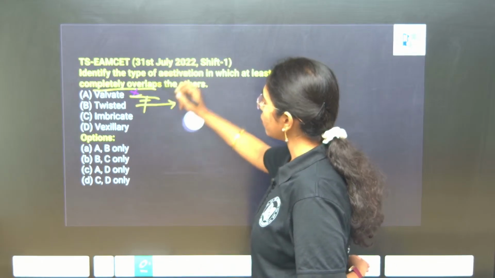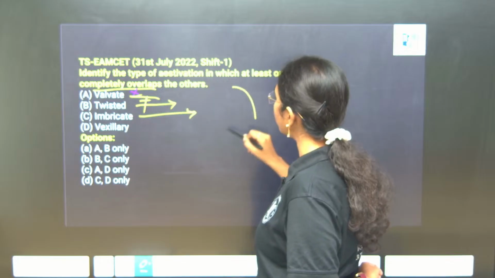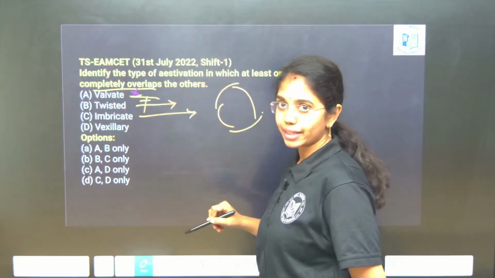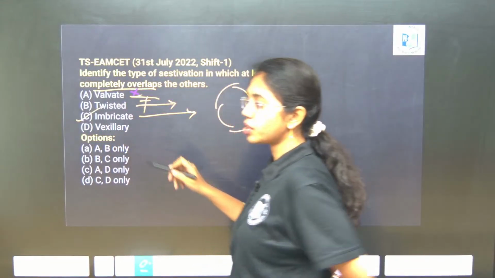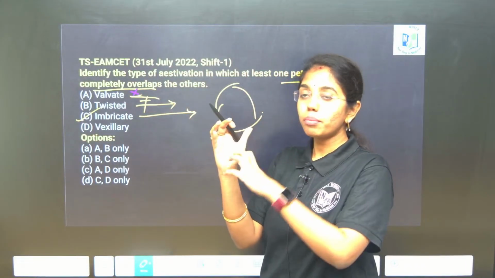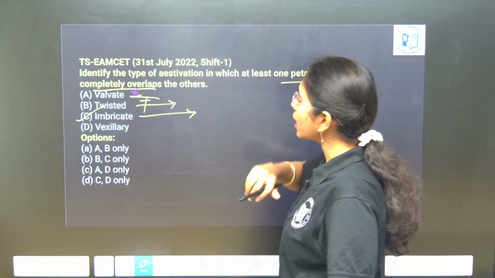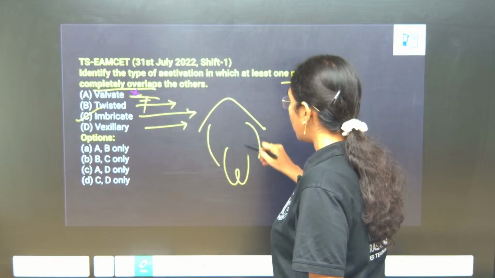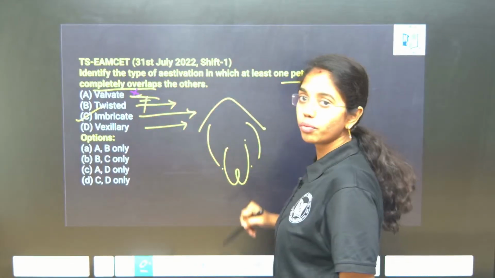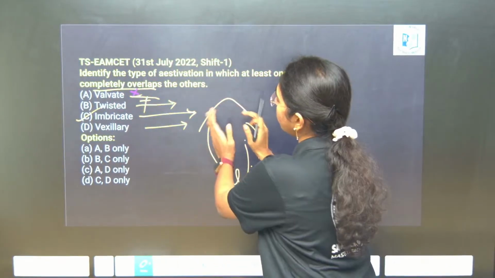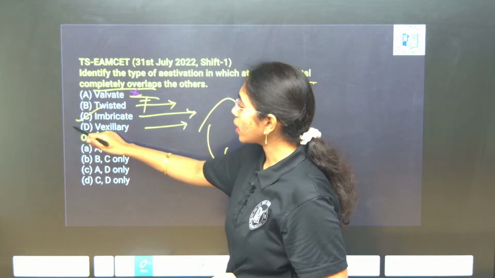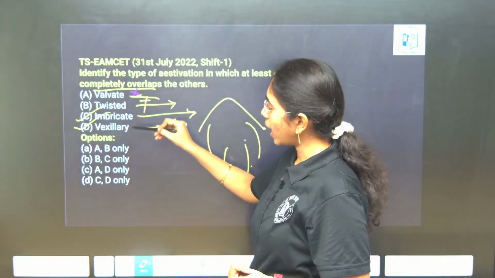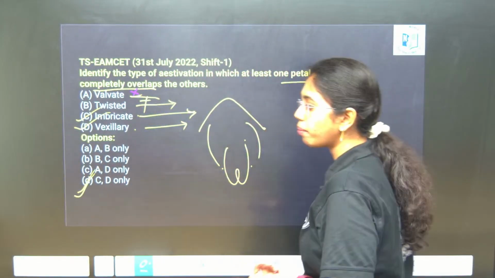In imbricate aestivation, if you see, one whorl is completely outside and the other whorl is completely inside, and two whorls will overlap each other like this. Okay. So, you can consider imbricate aestivation where one whorl which is outside will completely overlap the other whorl. In vexillary aestivation, if you see the standard petal which is overlapping two wing petals, and two keel petals are fused by what? Wing petals. So, here standard petal is completely overlapping the other whorls. So, here you can also consider vexillary aestivation. Here the two options are correct, that is C and D, okay, which is option D. Clear? Next,